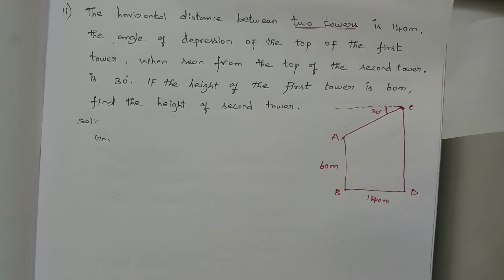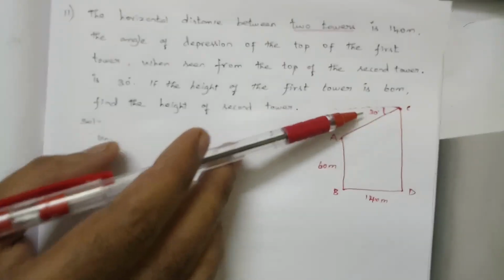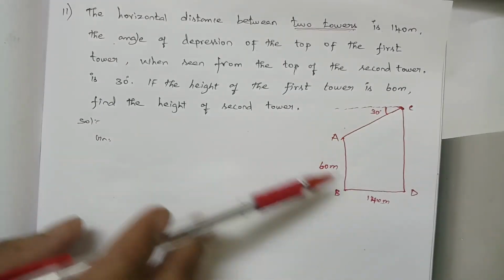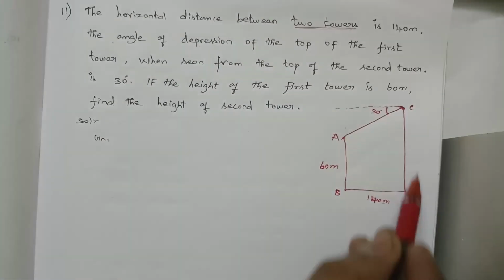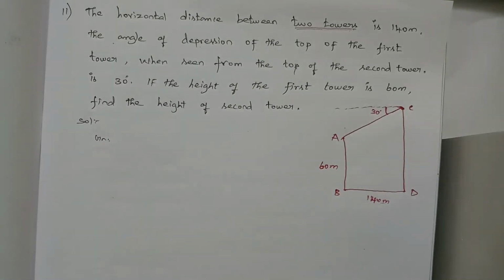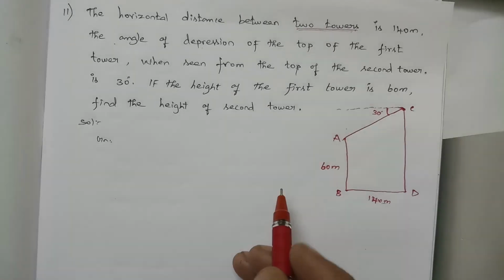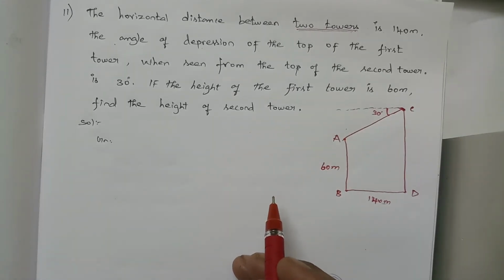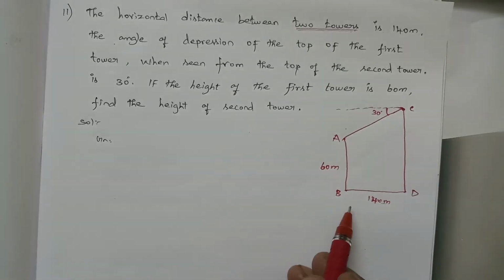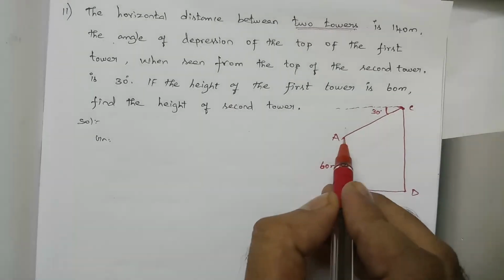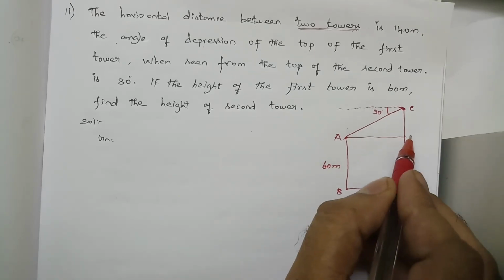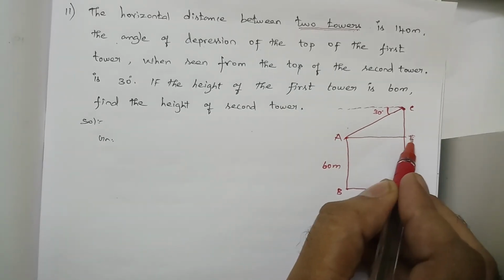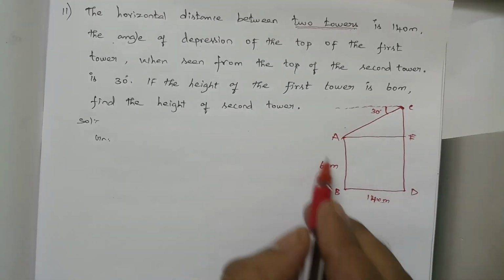What I am going to draw: we have an angle and two sides, but we need to find the height, that is CD only. How are we going to find it? First we have to form a right angle triangle. Very simple. For BD I am just drawing a parallel line, and I give it the name E. AE is parallel to BD.